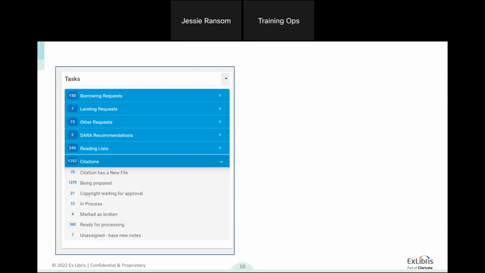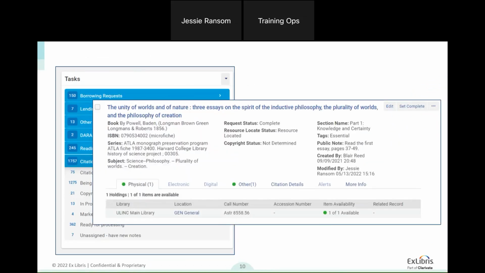Of the workflows, embedding those Leganto workflows directly into your Alma task lists, automatically adding all the information into Alma about what's being used in courses, how it's being used. You can see things like the tags and the notes and so on, the integration with your collection. So of course, that's a great value of Leganto.